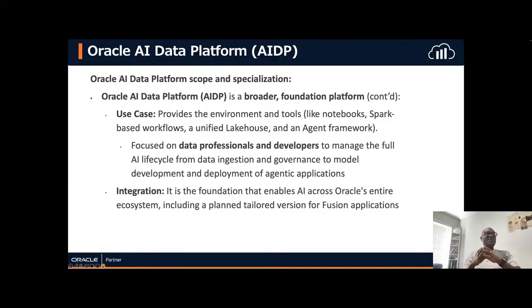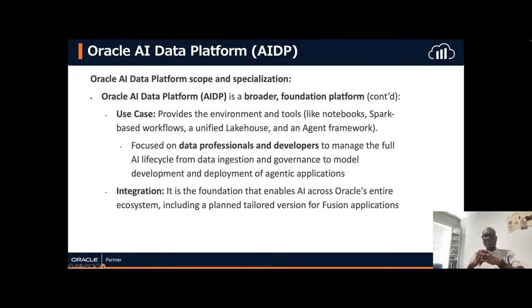So in continuation, there are several use cases that have been done by Oracle around AI Data Platform. You can also have access to the environment and integrate with tools like notebooks, Spark-based workflows, a unified lakehouse, and an agent framework. The focus is on data professionals and developers to be able to manage this life cycle, from ingestion to governance. This helps professionals model and develop agentic applications as well.